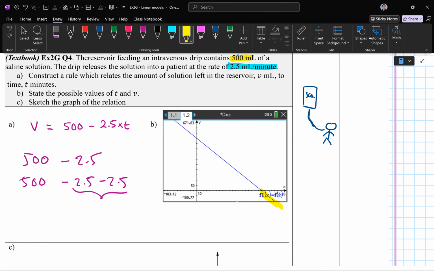That's true. Volume of maximum is 500 mils. This thing doesn't hold anymore. But also, time can't be negative. How can you have -2 minutes? Doesn't make sense. So this part of the graph shouldn't exist either. So if this part of the graph shouldn't exist, then now what is your range of values that your t